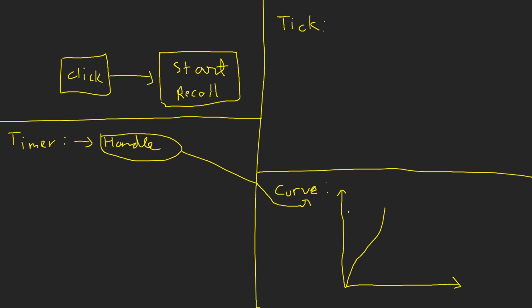So it's going to be your y axis, and this is going to be your x axis, and for the vector values you'll be having a curve for the x, a curve for the y, and a curve for the z. This is just an example. Of course if you want horizontal recoil, some of these values will go down the y axis, so the y value of it will be negative. So basically what this will do is, on tick we are going to get this timer handle, and from this we'll get the time elapsed.